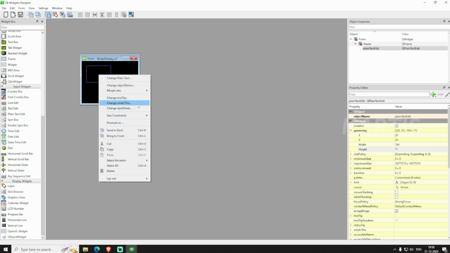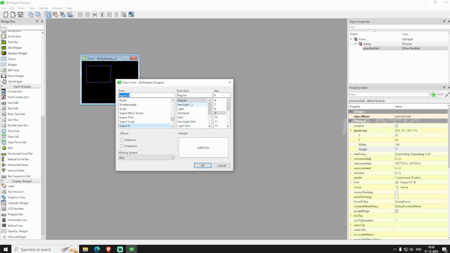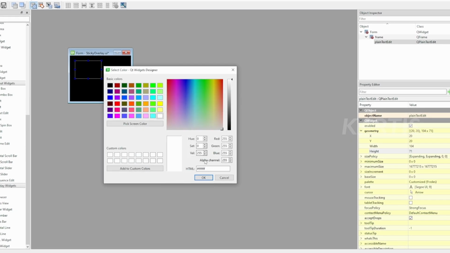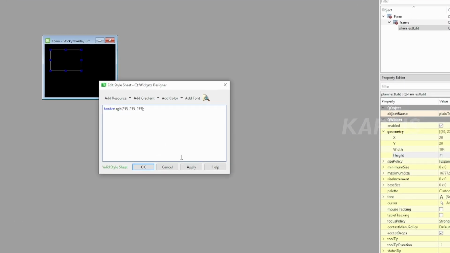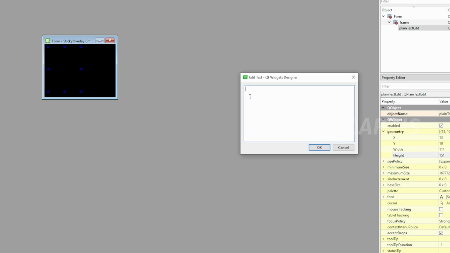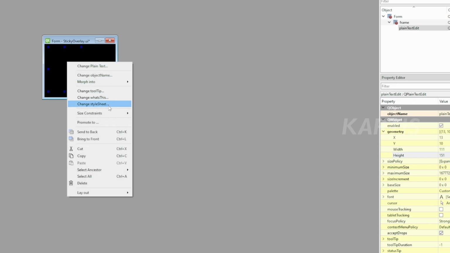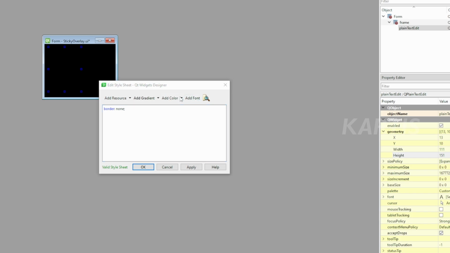Let's remove the borders first. Change style sheet, click on border color, and then just click enter. But before this, we're gonna set border as none, apply. Okay, then we'll resize this so it fits here. Now double click this one. Let's type CPU, GPU, RAM. Click OK. But here we don't see any text, so just right click, go to change style sheet,